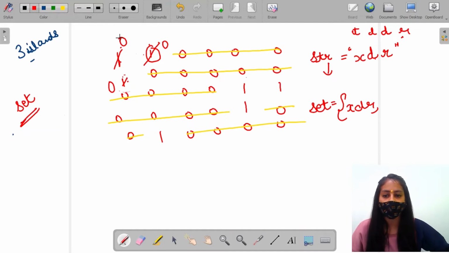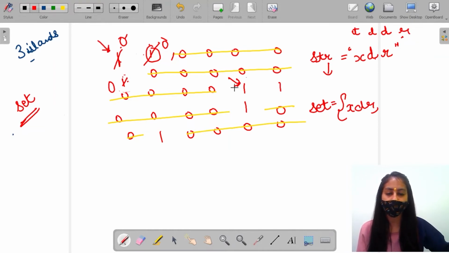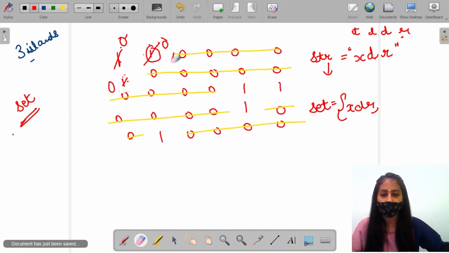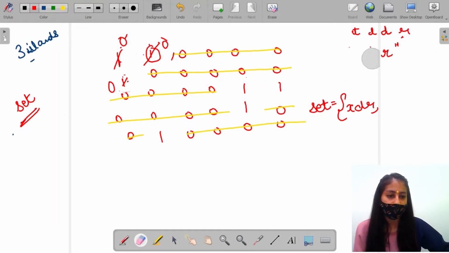We can't convert this one again from 0 to 1 because this whole island is visited now, right? So next, these all are 0, so we'll move here. When we are traversing an island, we always start from the top left corner, here also, right? This will help us in getting the correct structure of the island, right? So we are always starting from the top left corner of the island. So here is a 1, so take a new string in each call,